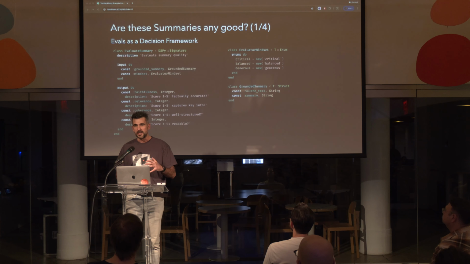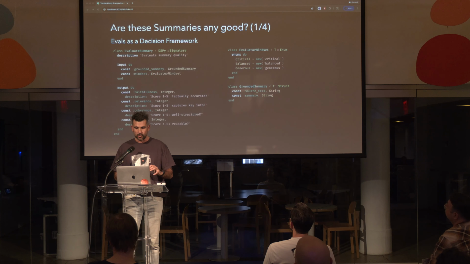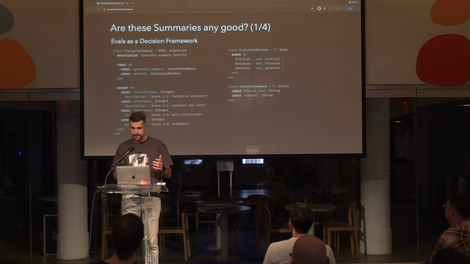We want to evaluate the quality of our summaries. So we're going to use DSPy, the same framework, to ask the LLM, hey, is this summary good for this article that you just summarized? And this way we can model the prompt and the context using Ruby objects as well.